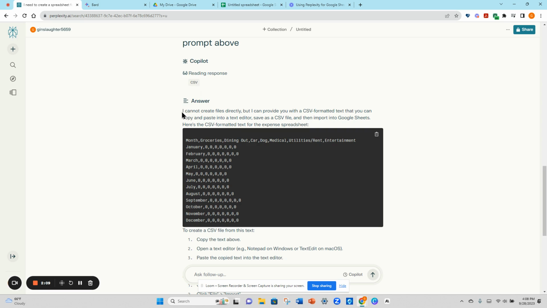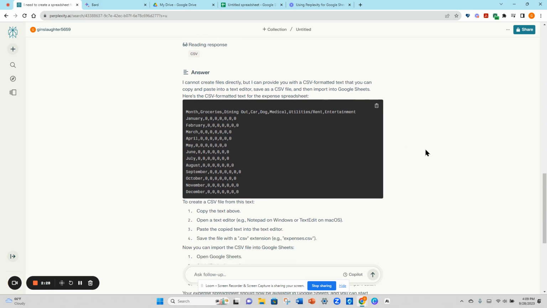this one, similar to ChatGPT and Claude, says that it cannot create files directly. It can give me the CSV formatted text, which you will see that a lot being referenced. I'm learning a little bit about that as I'm going through this process. And this is the CSV text. So what I believe from here, I didn't take it through all the additional steps, is that this is going to take a lot more steps than ChatGPT or Claude, because you can't just